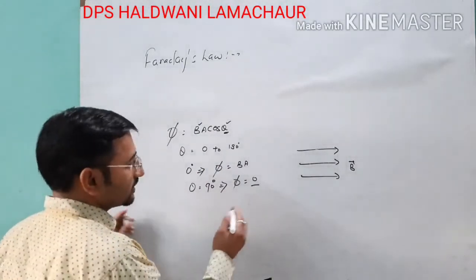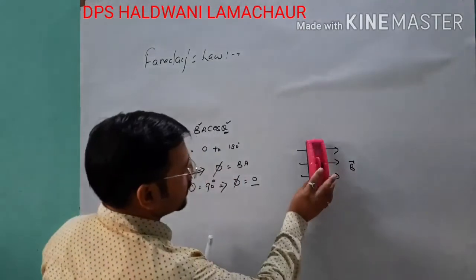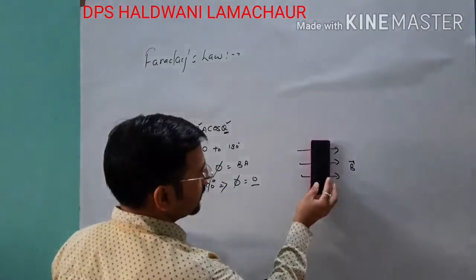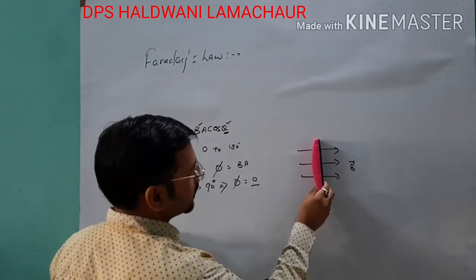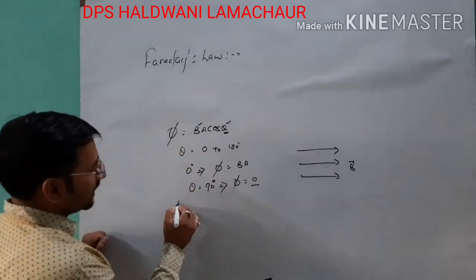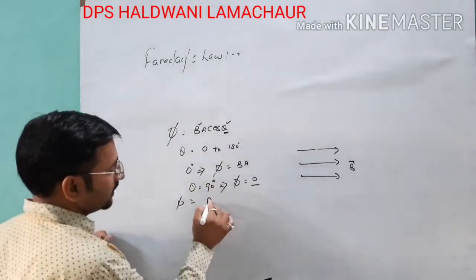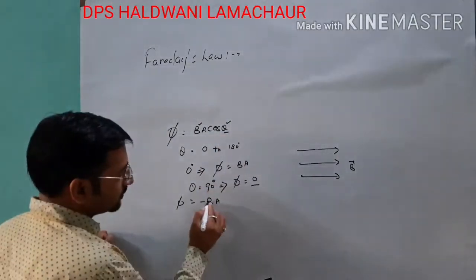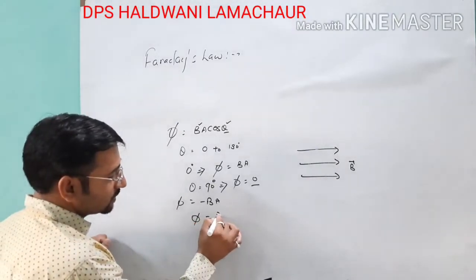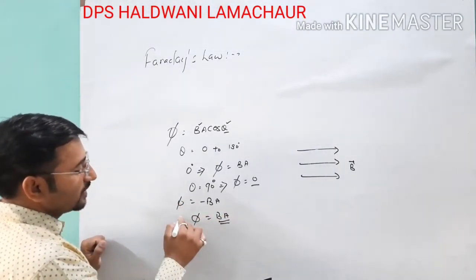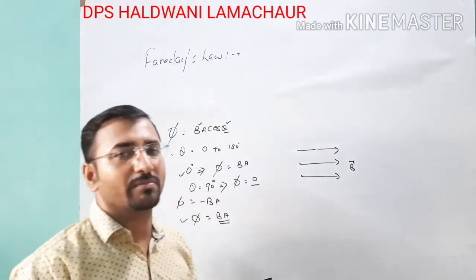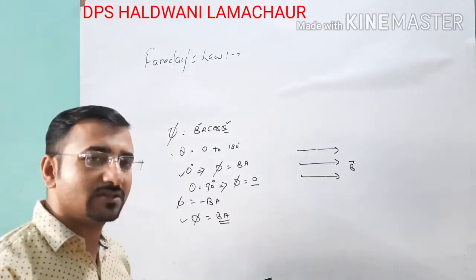Now the next point: if the coil rotates, this is our initial 0 degree angle and this is the 90 degree angle. Once again, when the coil completes half a revolution, at theta equals 180 degrees, the magnetic flux BA cos 180 is minus BA, but here we talk about the magnitude only, so it is again BA. So in these cases we obtain the maximum number of magnetic field lines passing through the given surface.